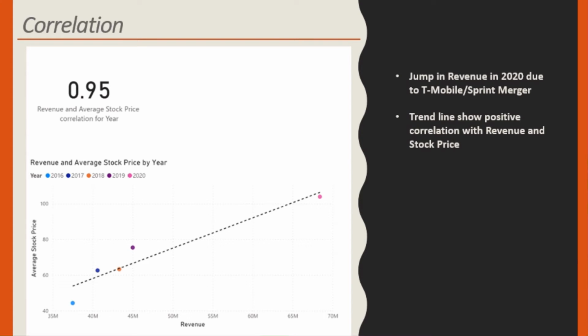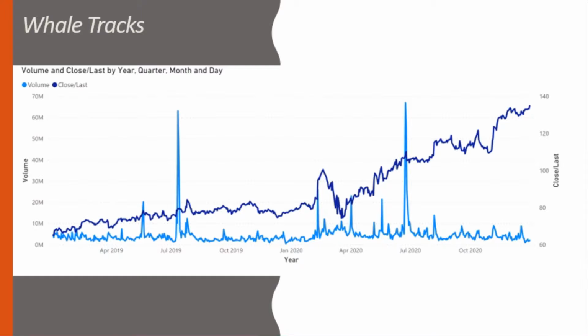There is a jump in revenue in 2020, notated between the purple point and the pink point, and that shows the jump in revenue due to the T-Mobile Sprint merger. On the next slide, I'll go over this visual I created in Power BI to help analyze the